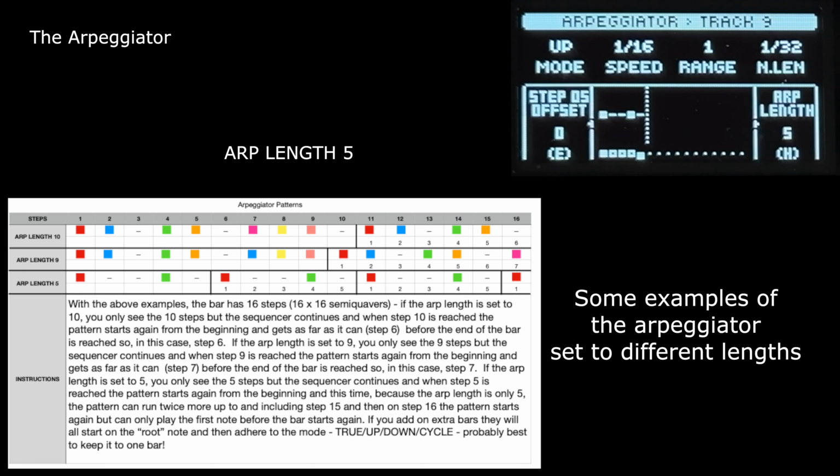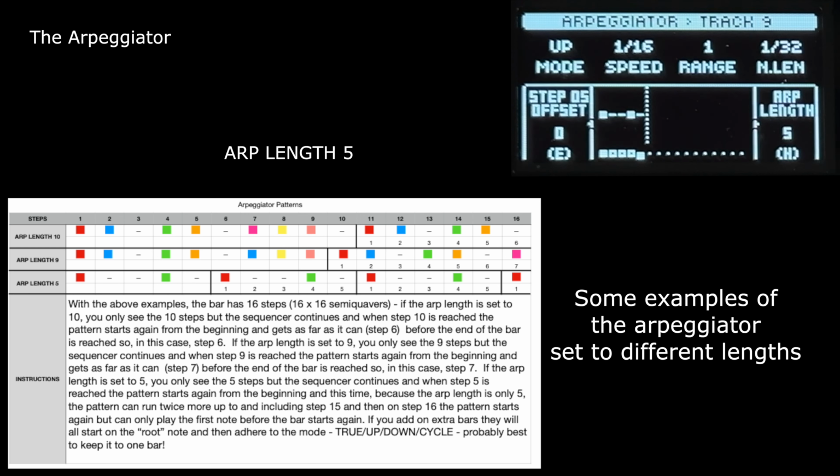So from 11 you're starting yet again, and when you get to 15 you'll have done your pattern of 5 3 times, remembering that there are 16 steps. So you've got 3 5s, that's 15. To complete your 16 steps you play just the first step again. You look at the end there, there's a number 1. So this time you're going to have 1, 2, 3, 4, 6, 7, 8, 9, 10, 11, 12, 14, 16,